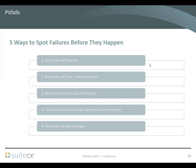So I'm a big proponent here of being prepared. If you're seeing a lack of interest from either your customers or your internal folks, that is a red siren, right? You're not relevant. So you need to jump on that and make sure that you're relevant. Be aware of poor communication. You know, this is a constant issue,